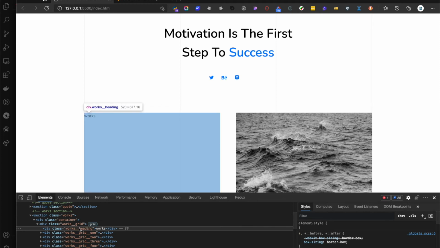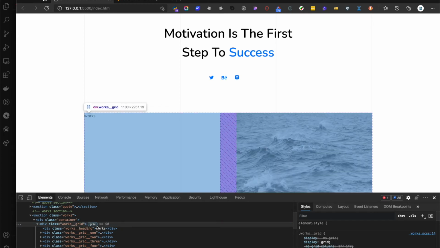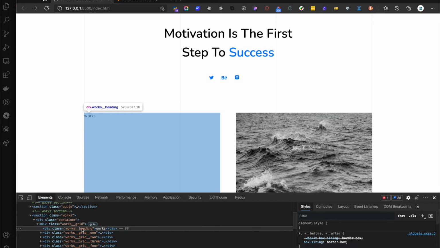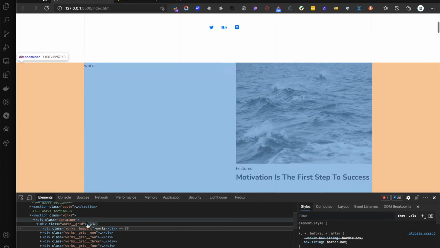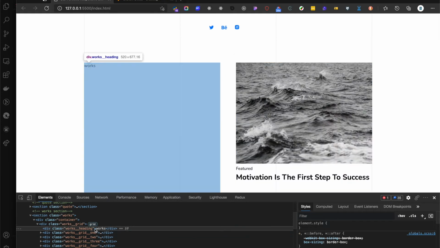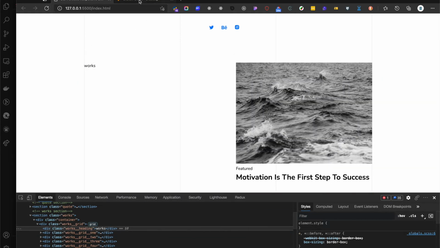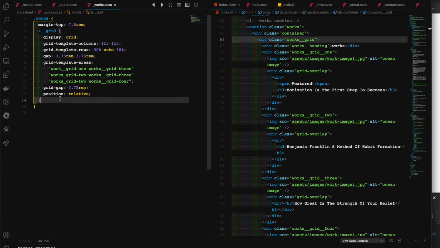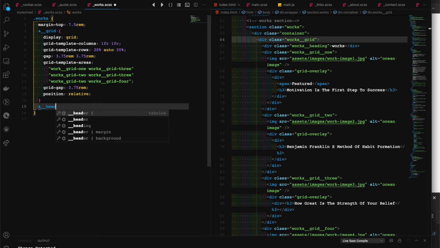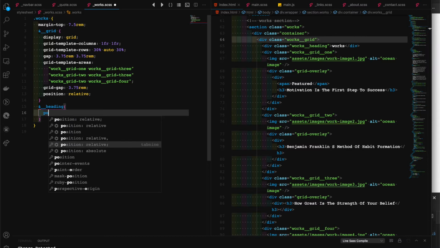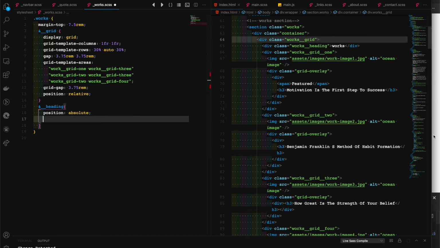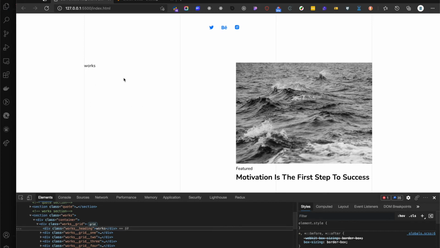What do we have here? So we do have a grid container working, but it looks like the works heading is also counted as a grid child. So actually this should be a position absolute element right here, which is works. So let's fix this. For our heading, which is works heading, it would be n% underscore underscore heading, and inside here we can add a position of absolute because it is an absolute element,